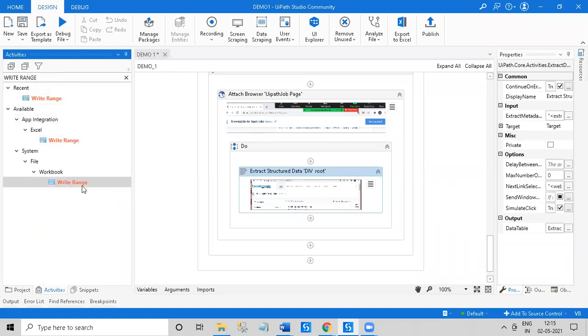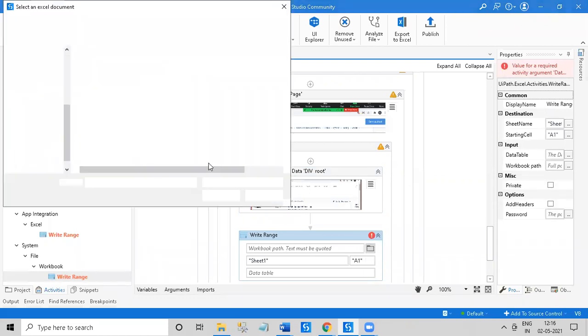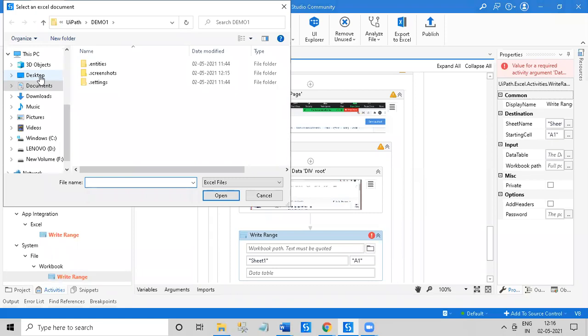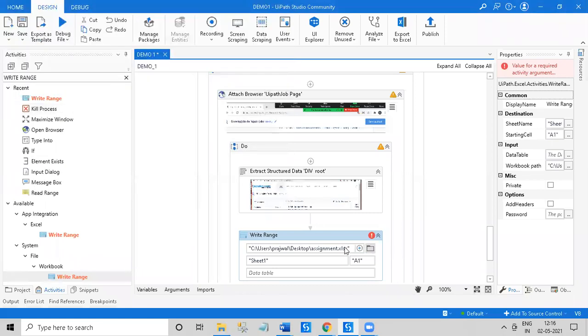This is the source file where we want to write. Let's suppose I want to write all the extracted data on the desktop. If the Excel sheet is present, it is going to write there only, and if the Excel sheet is not present, it will create a new Excel file.